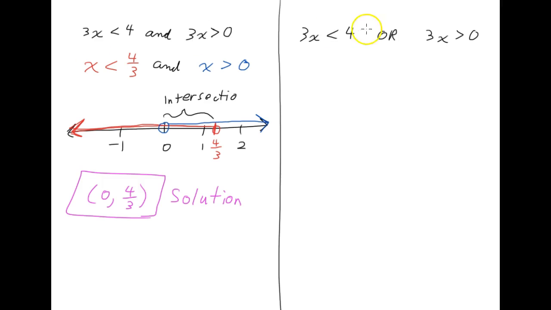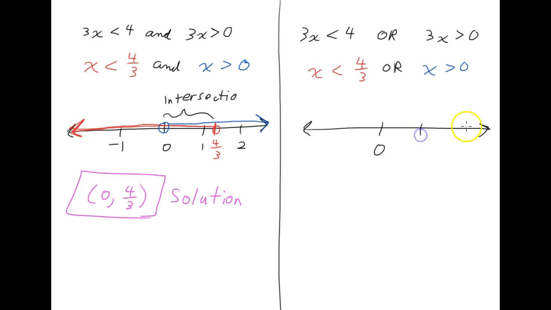All right, next problem. 3x is less than 4 or 3x is greater than 0. We know the solutions there. We have x is less than 4/3. I can say, the individual solutions. Or x is greater than 0. Now, plotting these on a number line, it's going to be the same as this. So I'm going to sketch that out very quickly. Let's see. We have a 0, 1, 2,